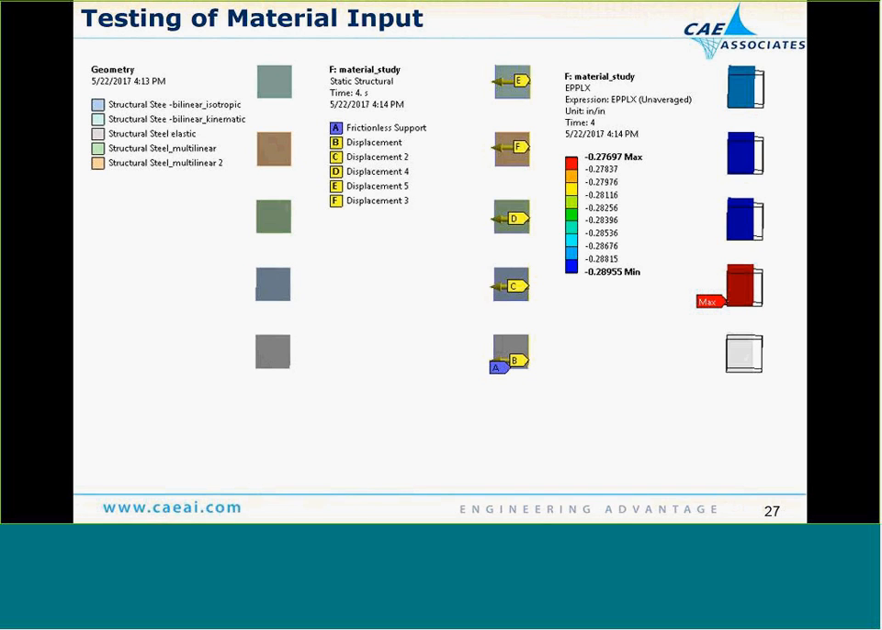So to define this data, it's relatively straightforward to do it in the Workbench setup, but it's always a good idea to spend some time testing any material inputs you use on a simple model rather than jumping directly into your more complex model. What I have shown here is, in this case, 5 different single element models I'm using to evaluate the response. So if we look at this, if we come up to